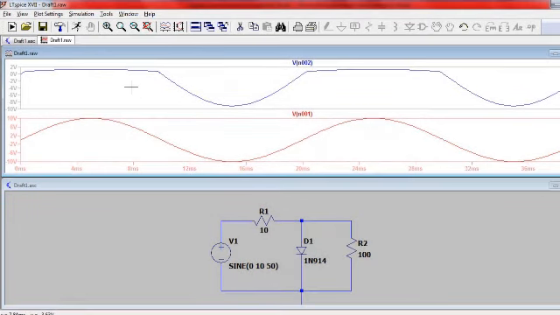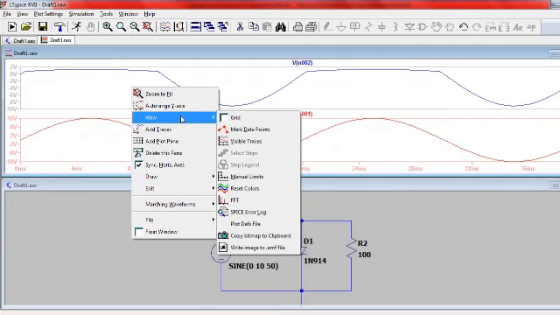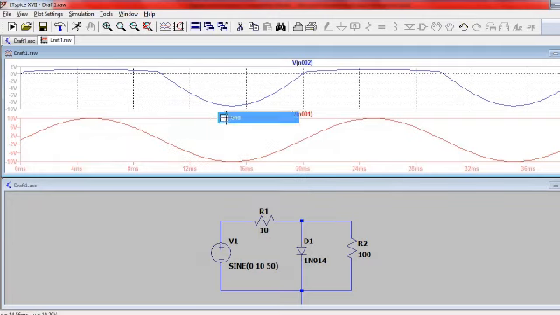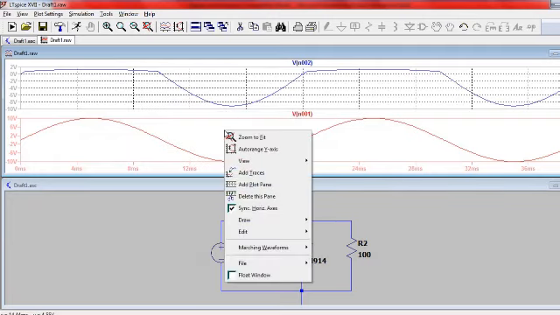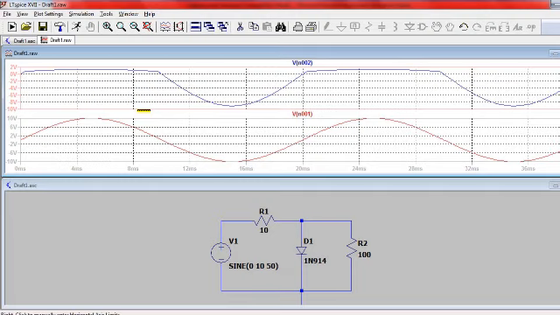I will show you some more settings for these waveforms. You can add a grid here. In order to analyze it more clearly, you can add the grid. By default this waveform window has a black background.